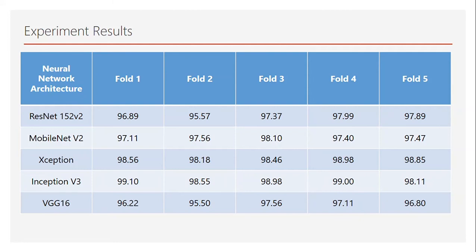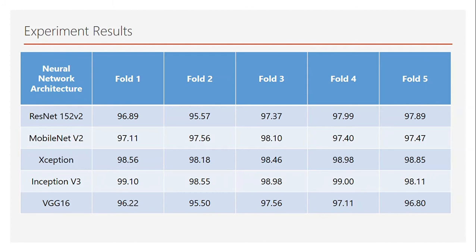Now see the ResNet result. For each model we made five folds of the data, and from ResNet we got 97.14% accuracy with minimum 96.89 accuracy and maximum 97.99 accuracy. For our second model, which is MobileNet version 2, we got 97.53% average accuracy with 97.11 minimum accuracy and